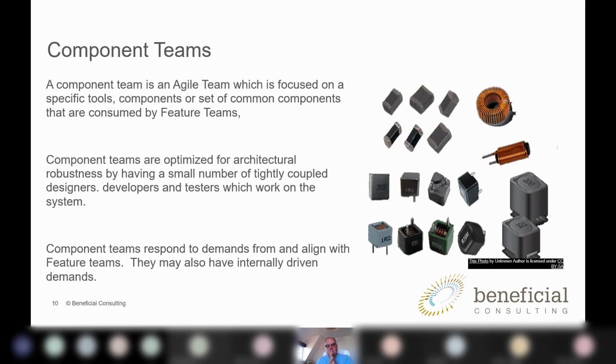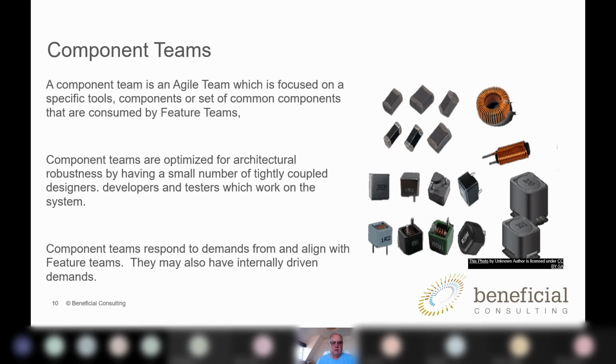Okay, there's another bit of writing. There's quite a lot of writing about component teams being bad things. I think in the SAFe framework material there's a lot about the negative impact of component teams. The fact is that most organizations do have component teams.